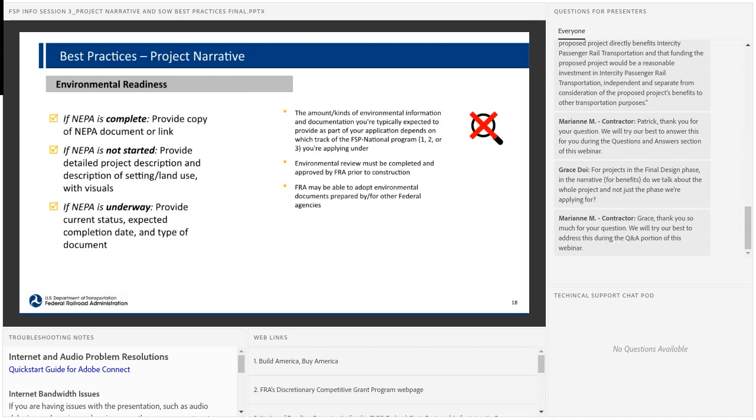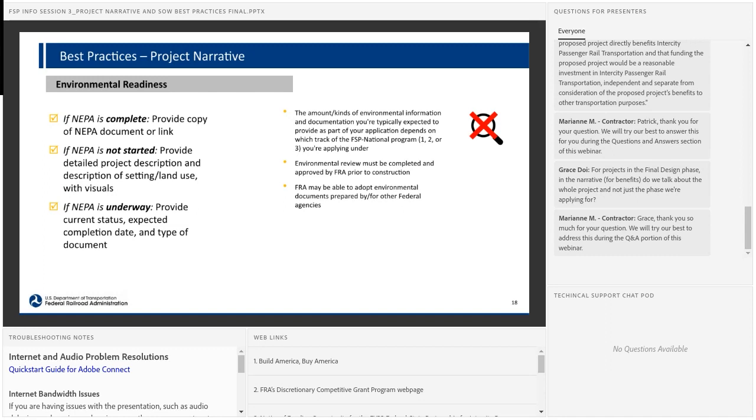Okay, and the next piece regarding environmental readiness, just want to touch on, if NEPA is complete, provide a copy of the document or links. If NEPA has not been started, provide detailed project description and descriptions of the setting, land use, with visuals. And if NEPA environmental review is underway, let us know what the current status is, expected completion date, and type of document here.